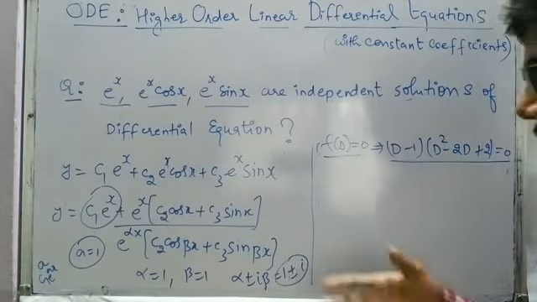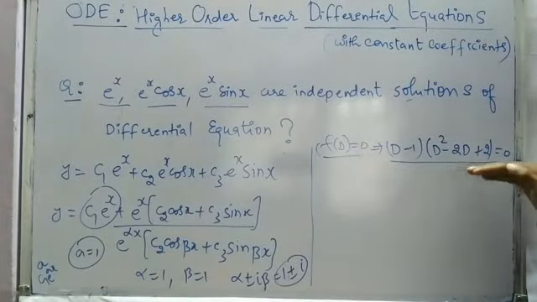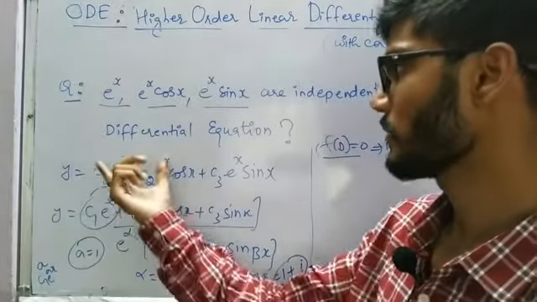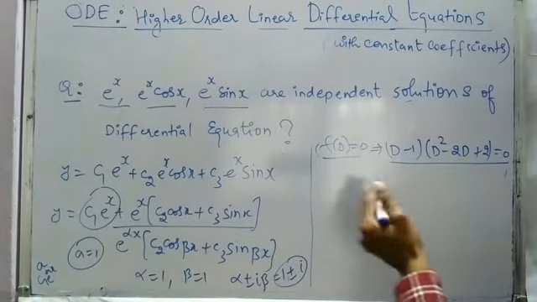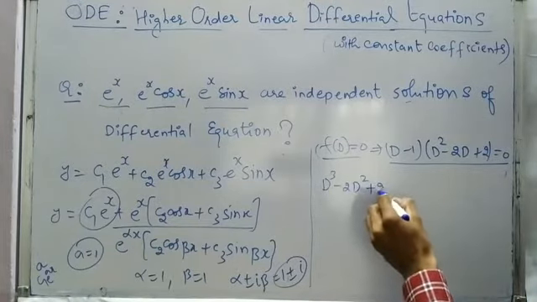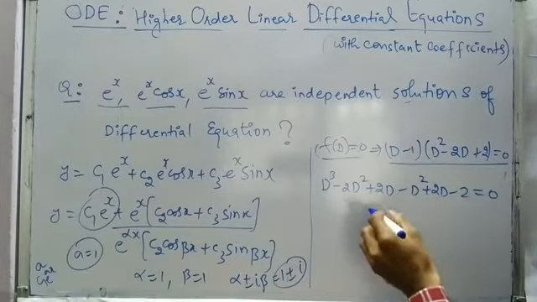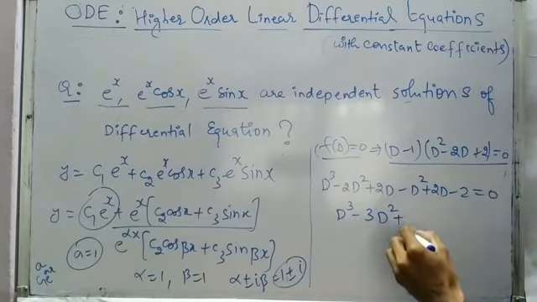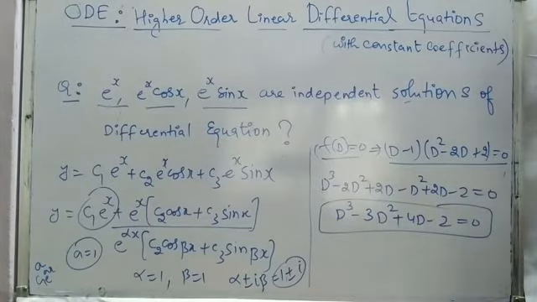As you can see, we are doing the reverse procedure. We were going in the forward direction as of now: if we have this particular equation, we write the solutions and then the general solution, but here we have the general solution and we have to write the differential equation. So now simply multiply inside. We get D cubed minus 2D squared plus 2D minus D squared plus 2D minus 2 is equal to 0. So D cubed minus 2D squared and minus D squared is minus 3D squared, plus 4D minus 2 is equal to 0.